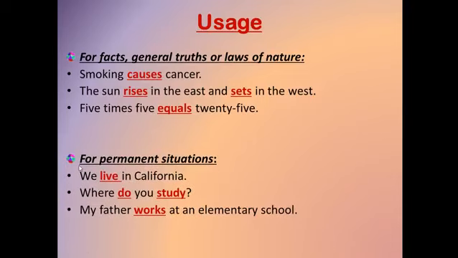Now, the second thing we use the present simple for is for permanent situations. Like we said, permanent situations are things in our lives that do not change. They are there, and it will take a very long time for them to change. For example, do you remember what Amy said? She said, I live in the United States. So this is something in her life that is there. This is something permanent. It doesn't change. And it will take a very long time for it to change. It's not that easy to change at all.